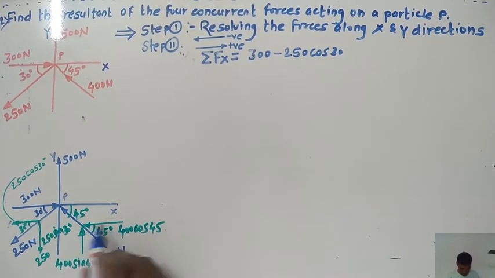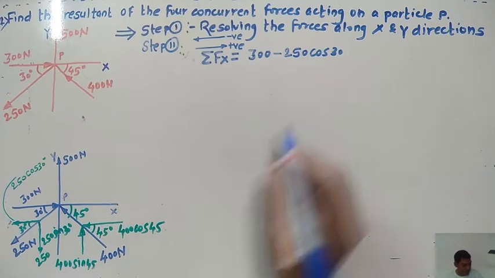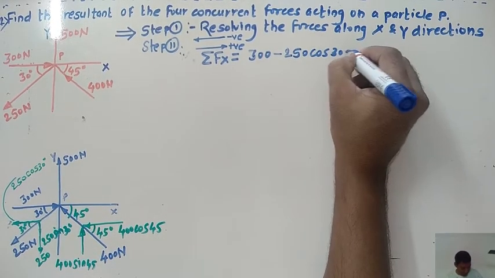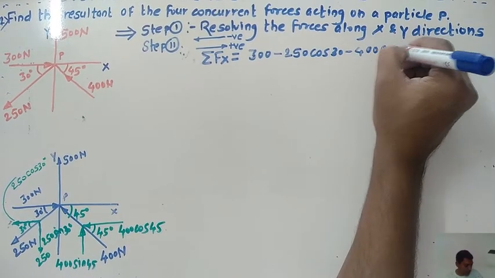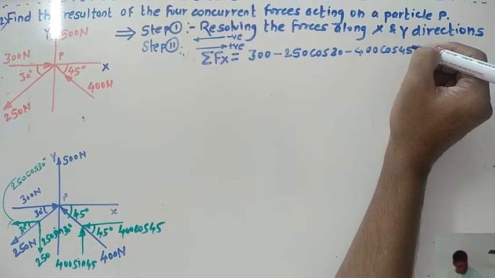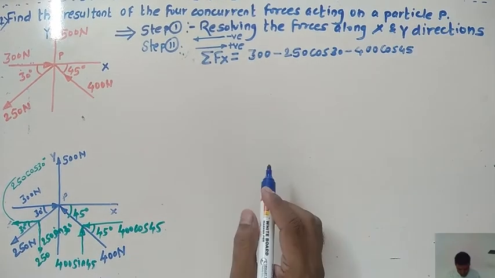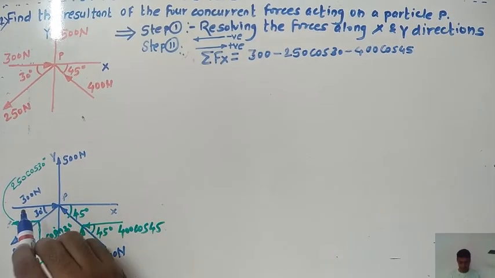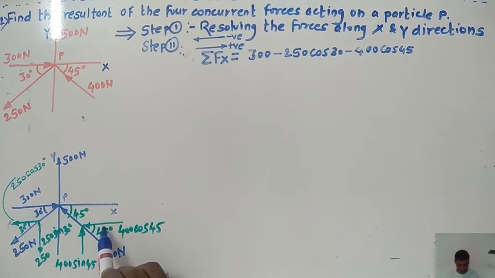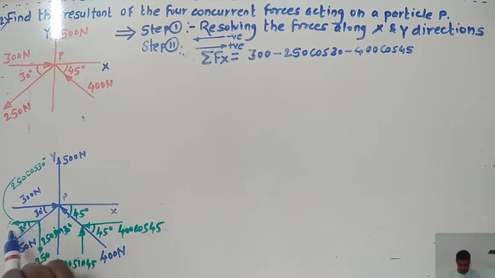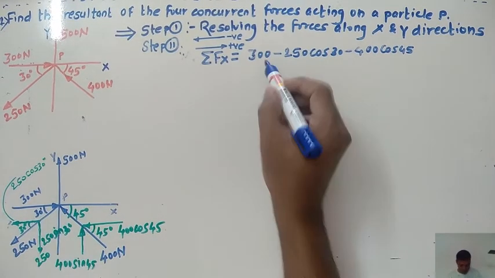If you focus on this force, in which direction is it running? Toward the negative side of the x-axis. So with the minus sign here, what about the magnitude? 400 cos of 45. Make sure that all the forces along the horizontal direction are considered. First force is here, next force is here, next force is here. Two forces run towards the left side and one force towards the right side. Just match this with whatever you have written.